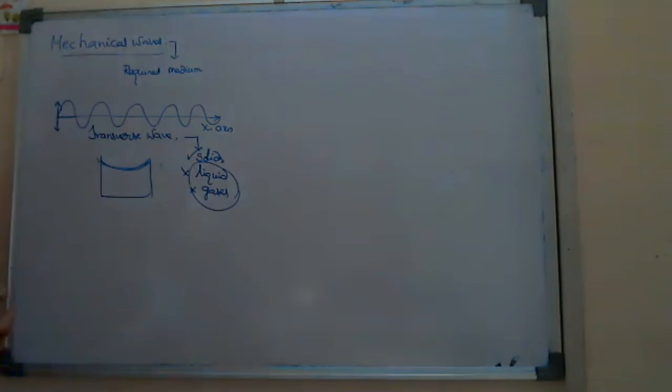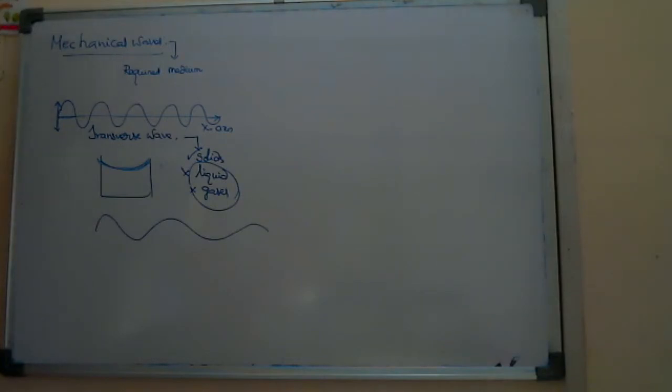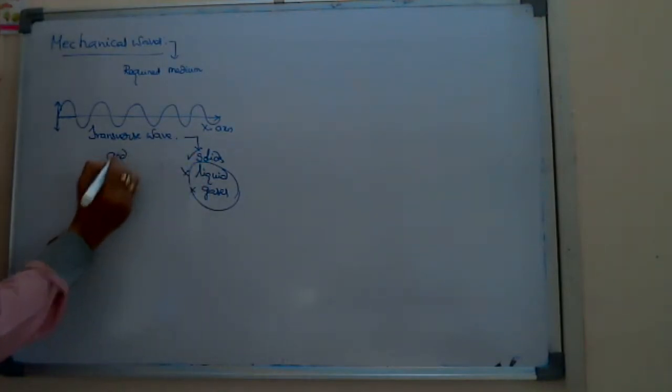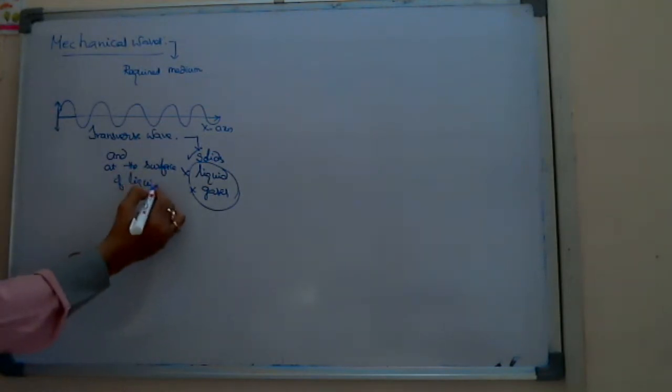Those waves only we see in the oceans, the sea waves, and at the river also, while touching the bank or the shore. There we can see the wave propagating at the surface like this, sea waves. These waves won't be formed inside the water. It is possible only at the surface. That's why you can say that transverse waves are formed in solids and at the surface of liquid, due to the surface tension. This is the story about transverse waves.